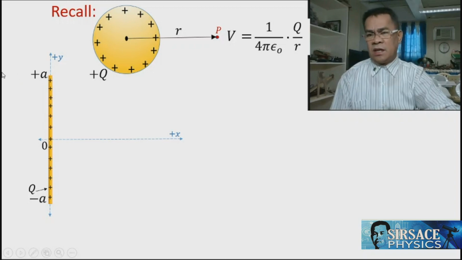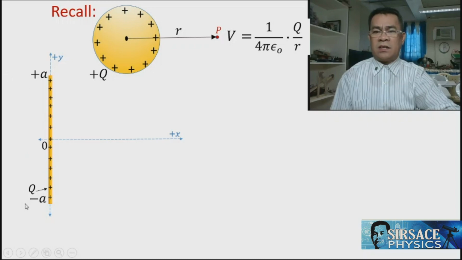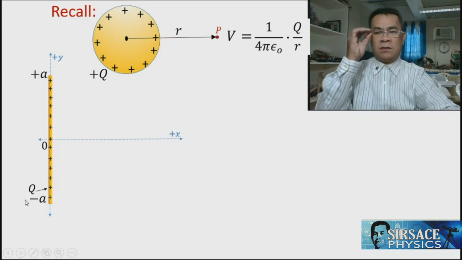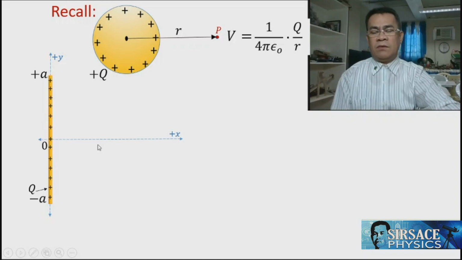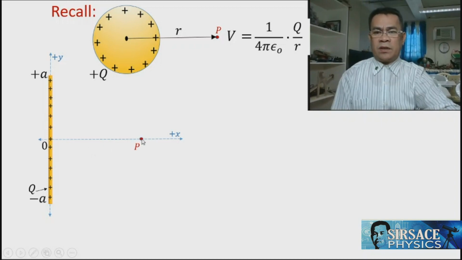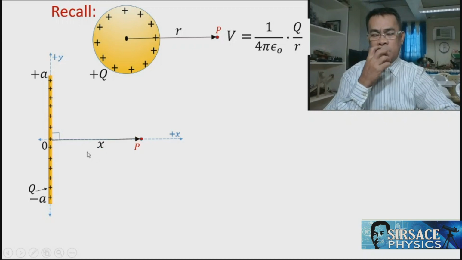In this case, our length is 2a, from 0 to positive a and 0 to negative a. So the length of the line conductor is 2a. Now, if we have this point and we are asked how much is the electric potential at the perpendicular distance x from the center of that line,